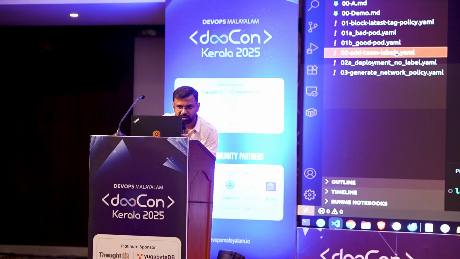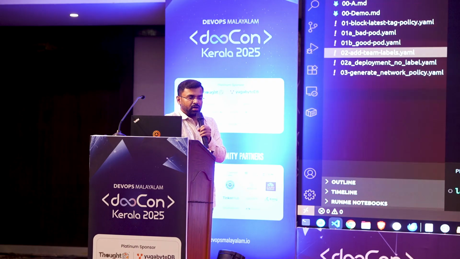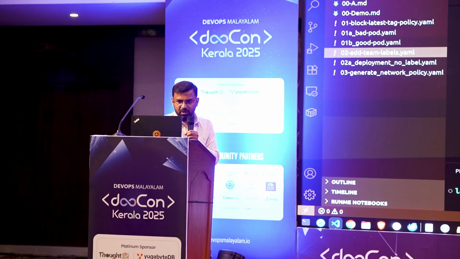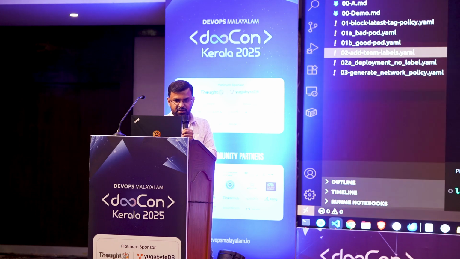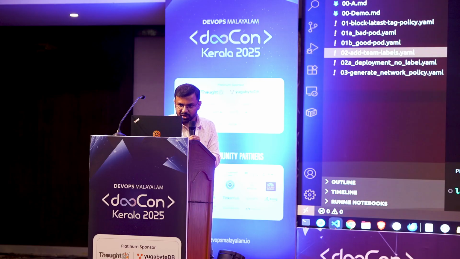Now I am coming to the next policy. Now we are going to see a policy type of mutate. Mutate means it is going to modify your workload. If you don't follow some rules, I'm going to make sure you follow them. So here what we are saying is for all the deployments in the development namespace, if you don't come up with a team label, it is going to apply the label automatically. So it is mutate and it is patch strategic merge.